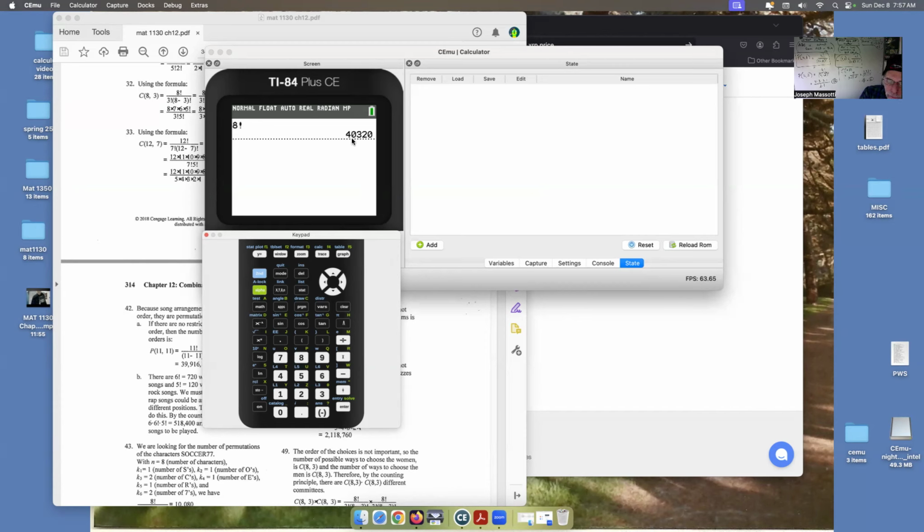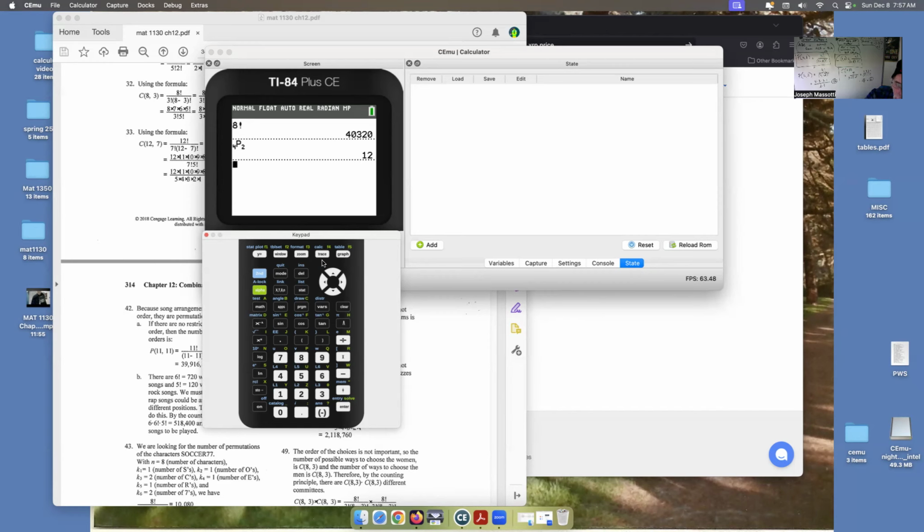40,320. So if we want to check our work that we just did, the way you enter a permutation or combination, first you're going to put the number n in. So the ones we did, 2 out of 4 permutations, first you're going to put the 4 in. Then you're going to go to the permutation function and choose the NPR. And then you're going to put the R in, or the K. And then you're going to hit enter, and you're going to see we get the answer that we got of